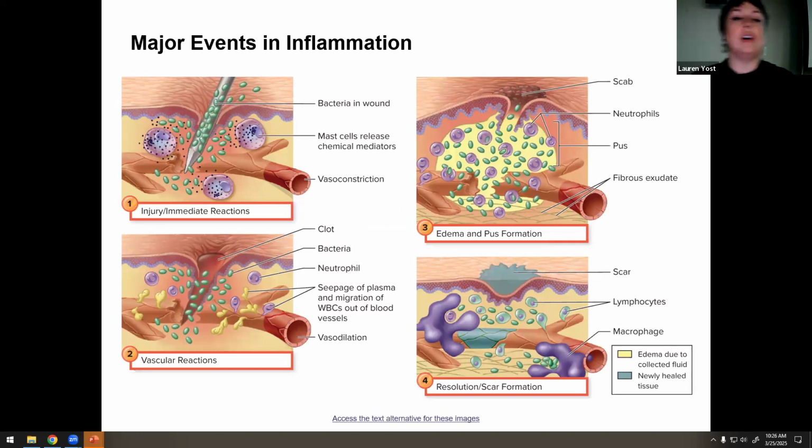All right, so the major steps in inflammation. First things first, you've stepped on a nail, apparently. And this nail brings in with it debris from the environment as well as bacteria. Well, in those tissues, all throughout all the tissues in your body, especially at the surfaces of your body, we